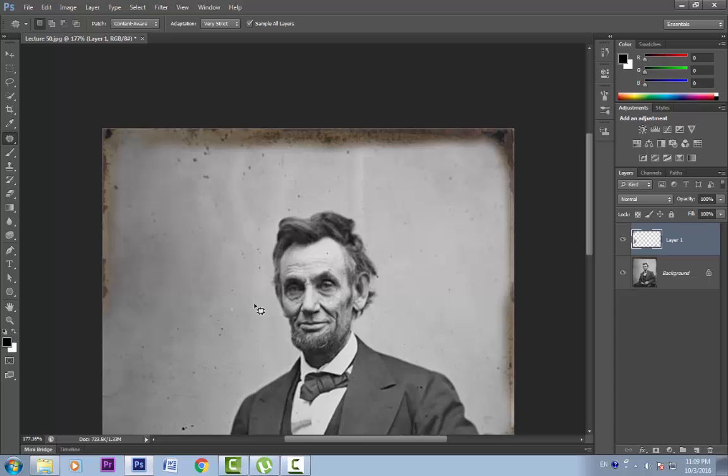This content aware patch tool can be really handy to heal these areas. Make a selection and move it. We might have to use it quite a few times to get good results, like so. So these were the 3 tools to heal. You need to decide yourself which one is the best for a particular image.